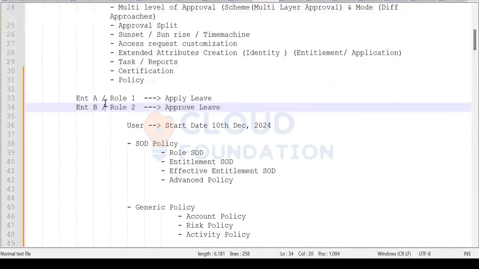You are asking, right? Let's say, as an end user, I'm trying to request both toxic combination accesses. How should SailPoint react on that? SailPoint should allow it with a violation so that their manager can take the decision. Or SailPoint should not allow it itself. It should prevent it directly and cancel the request. Or maybe SailPoint should provide the option to remove any one of the conflicting accesses while submitting the request.